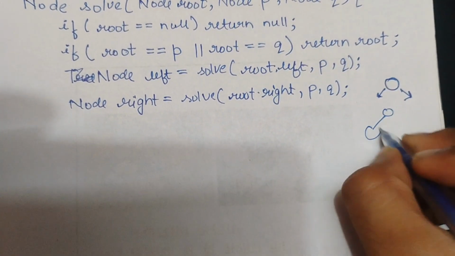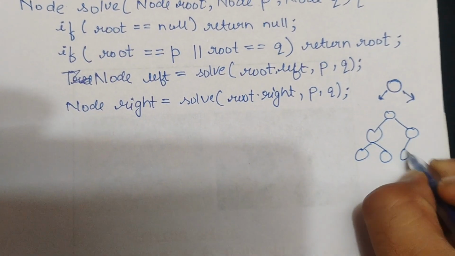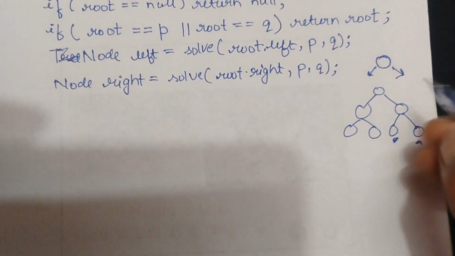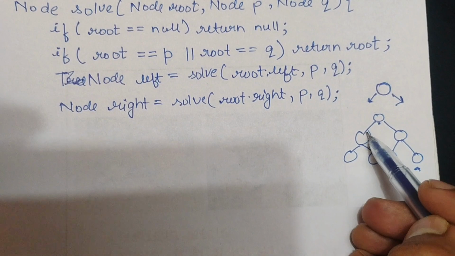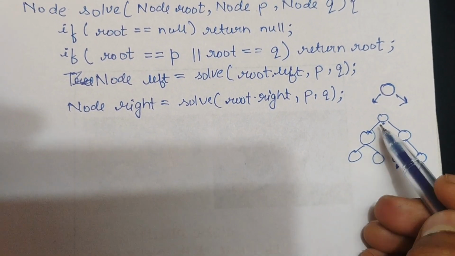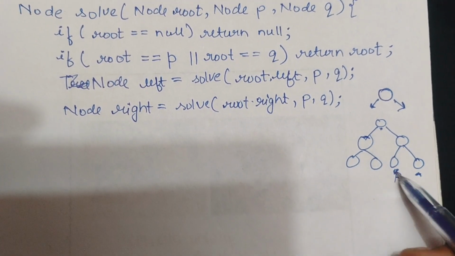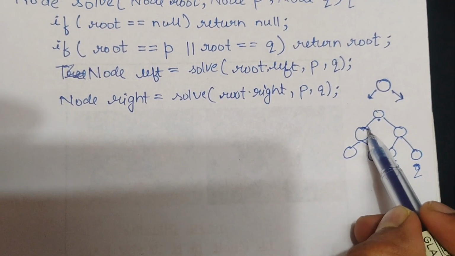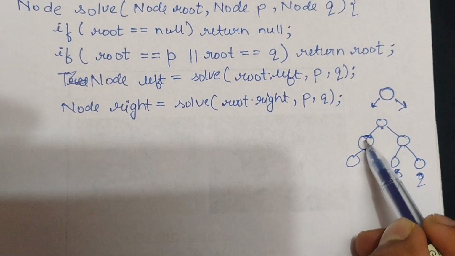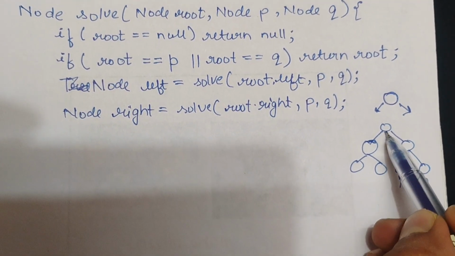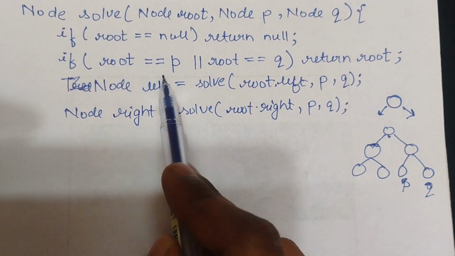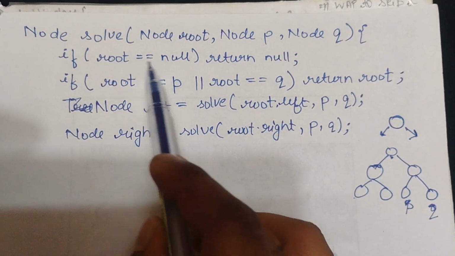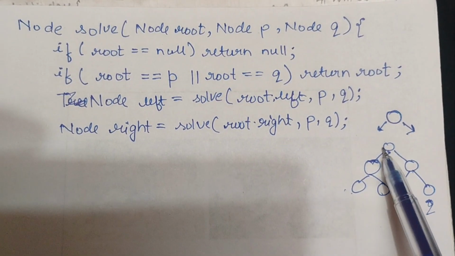Okay, so now I'll explain this with an example. If I'm asking for the LCA of these two nodes, then for this node, if it will call root dot left, there is this p node, this is q node. If I call root dot left, then we can see that there's no node in the left of this root which is either equal to p or q. So it will come down till here and it will hit this root equals to null,